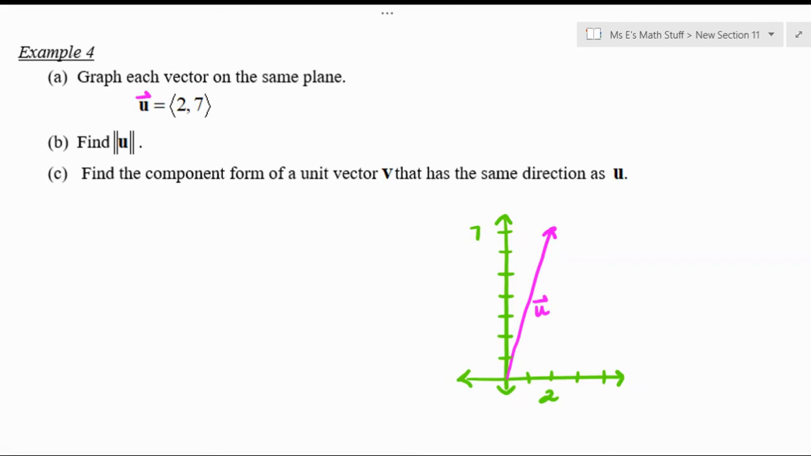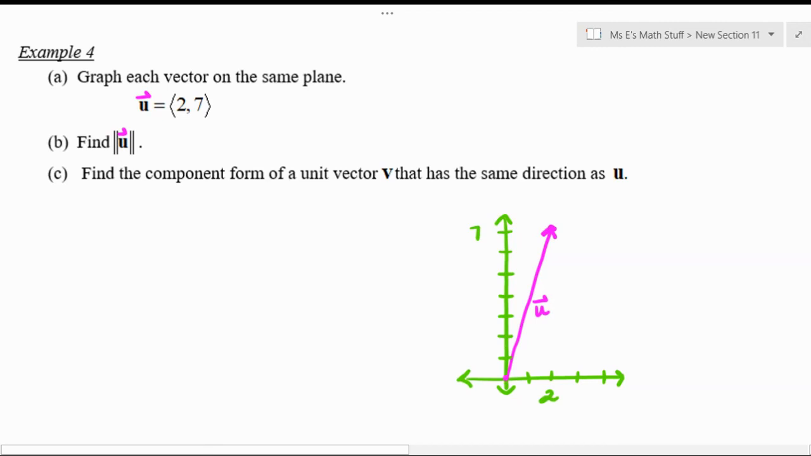So I'd be like, oh, 7.2. Anyway, so I could see that vector u is a little longer than 7 units. So hopefully that part makes sense. Now, if you're asked to find the magnitude of vector u, then you would go ahead and calculate it. So you could use the distance formula, where the endpoint is at 2, 7, and then the tail